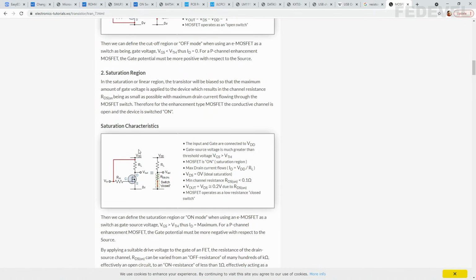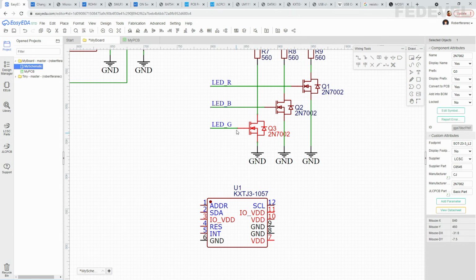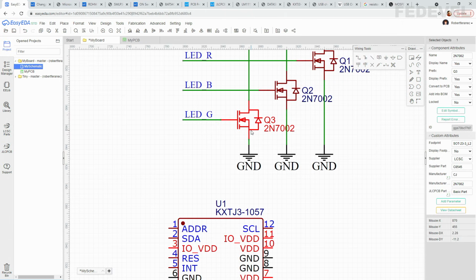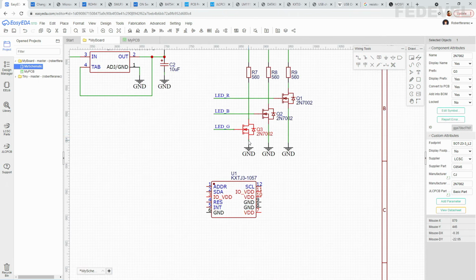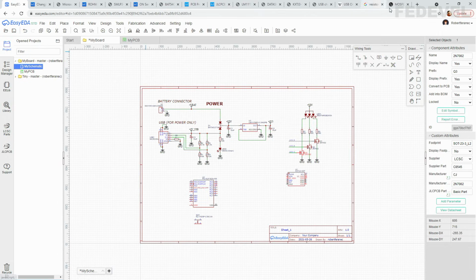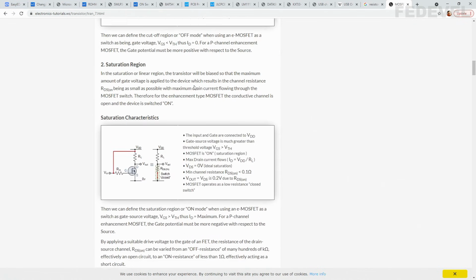However, if you connect the gate of the transistor to power, then this transistor is going to be like a closed switch. So in our case, when the microcontroller sets the output to high, this transistor will open and make a connection between this resistor and the ground. So it means the current will flow through our LED and it will switch on the LED. If you would like to know more, you can read this whole article.